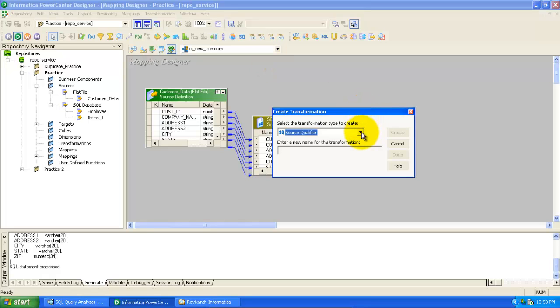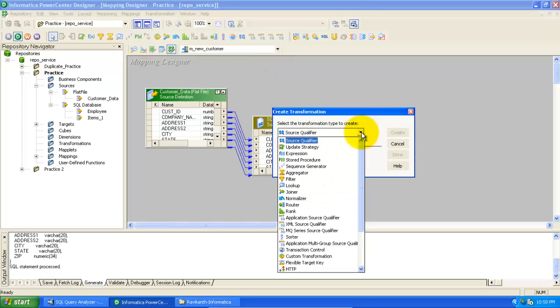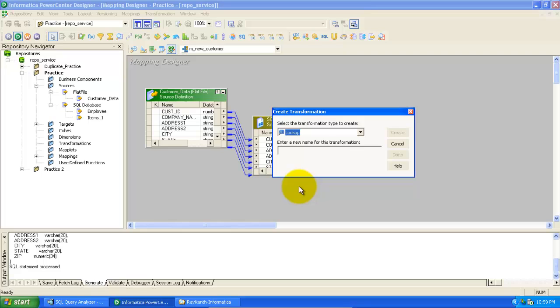Once I select create transformation, I need to select the lookup transformation. Click on this and I can give LKP_customer.